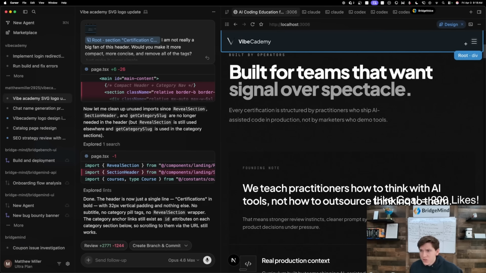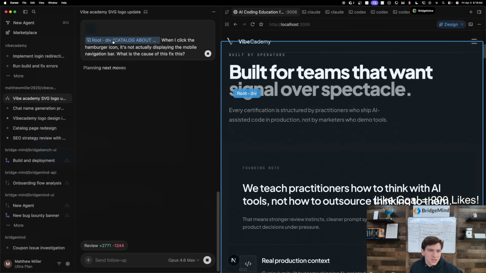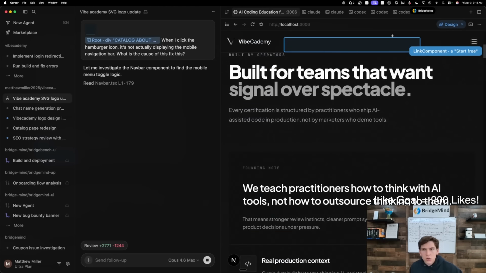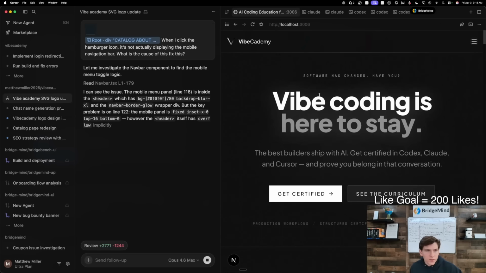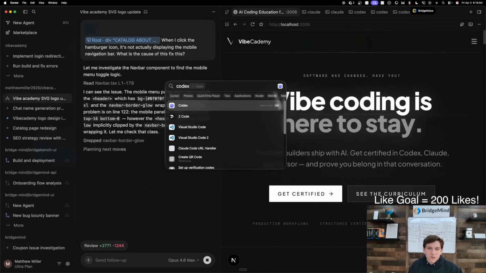So even this right here. Let's drop this in. When I click the hamburger icon, it's not actually displaying the mobile navigation bar. What is the cause of this? Fix this. So that is very nice, where I can just pass these in. It passes in what I'm referencing. So I really like that. That's new. But one thing that definitely stood out to me with this update is it did give me Codex